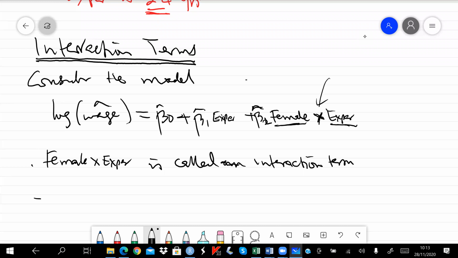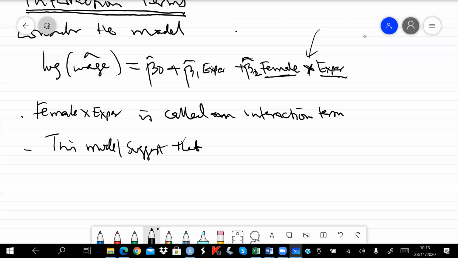We say that this model suggests that the slope, in this case,